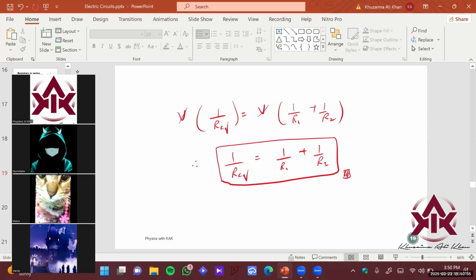right? Now imagine if I have multiple resistors in parallel, okay? Let's say R1, R2, R3, right? And dot till my nth resistor here in parallel. This is R1, R2, R3, and Rn. So how do I find the equivalent resistance of this? Just apply this formula which you have derived before, right? Which is this one,